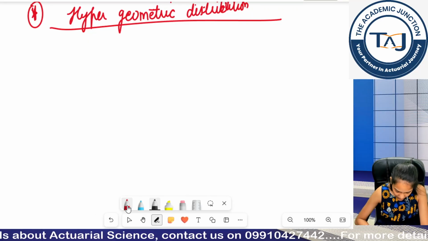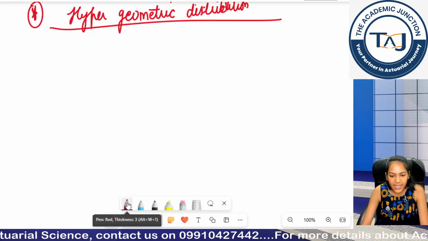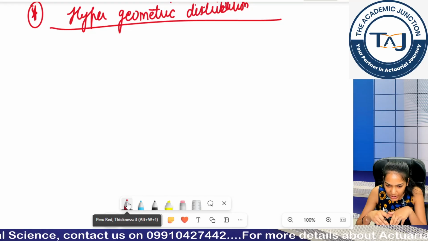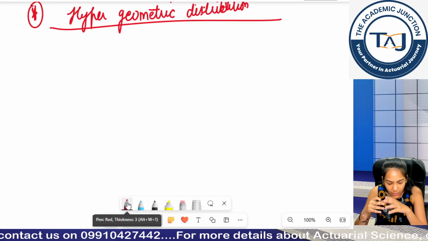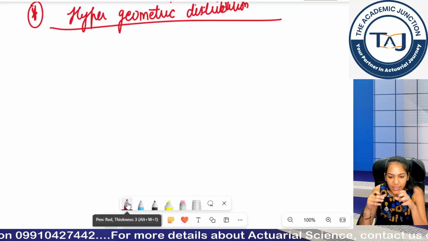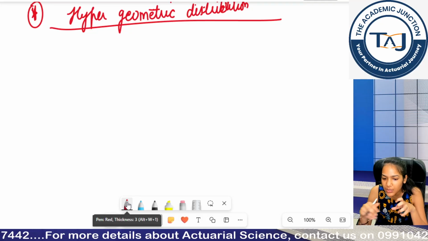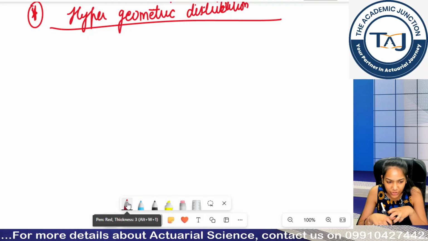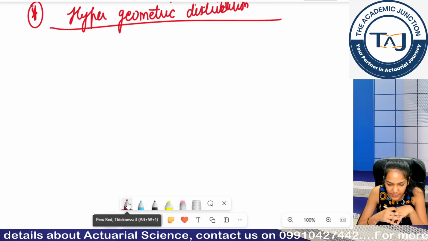Okay, let's talk about hypergeometric distribution. Basically, hypergeometric distribution, as I was saying, is not mentioned in your tables book, so make sure you write its formula and mean and variance. Once again I am telling, it is not so important a distribution. There are questions of hypergeometric distribution that can be completed without the use of the distribution function. You have already done this in combinations and permutations basically.